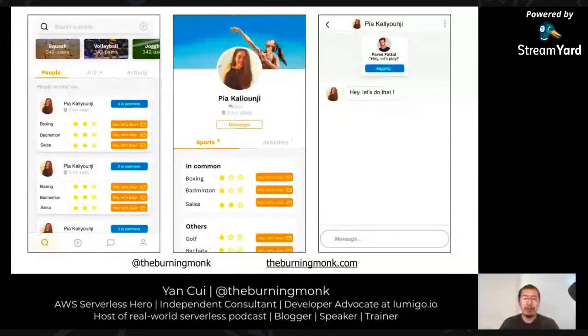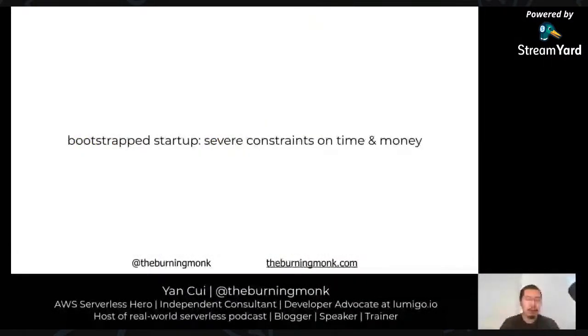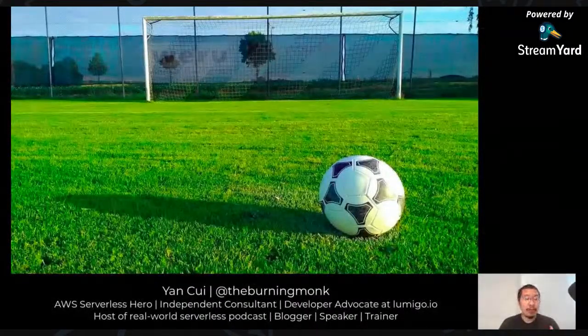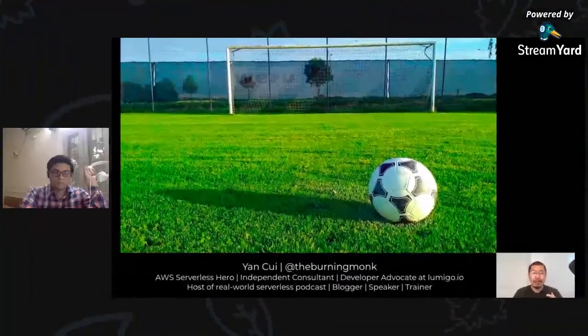You can arrange activities like a basketball match and have group chat, or you can message each other directly to arrange doing sports together. So in this case, the client is a privately funded, bootstrapped startup. So there's a lot of constraints on money and therefore development time, and they also need to have something ready in place before the new semester starts, which was going to start in September. And so from the get-go, I had some really clear goals to work with to help me drive technology decisions and what approach I should take.